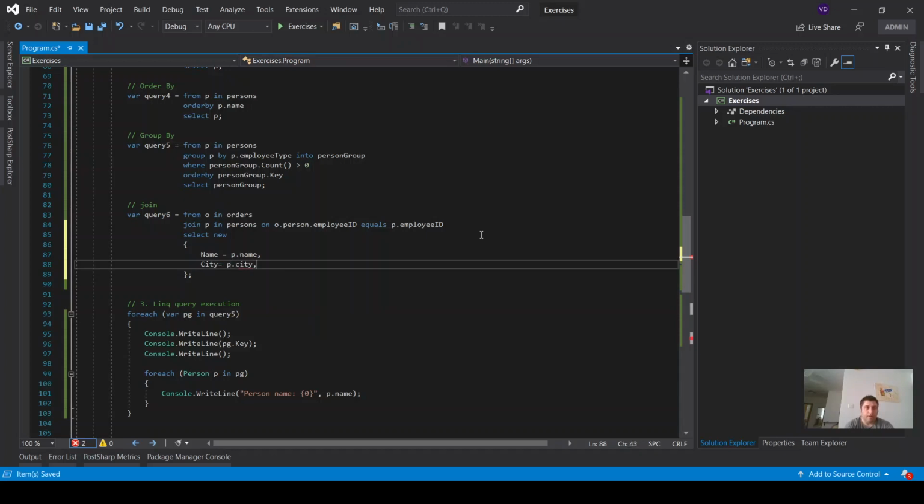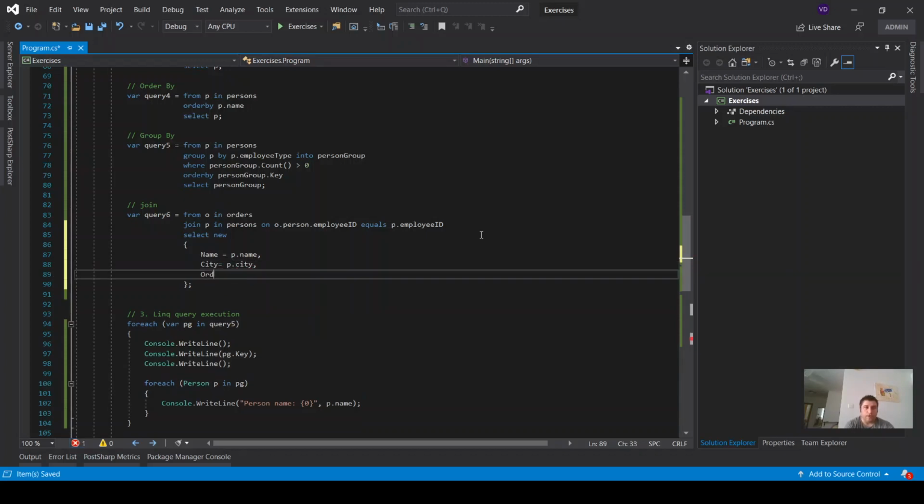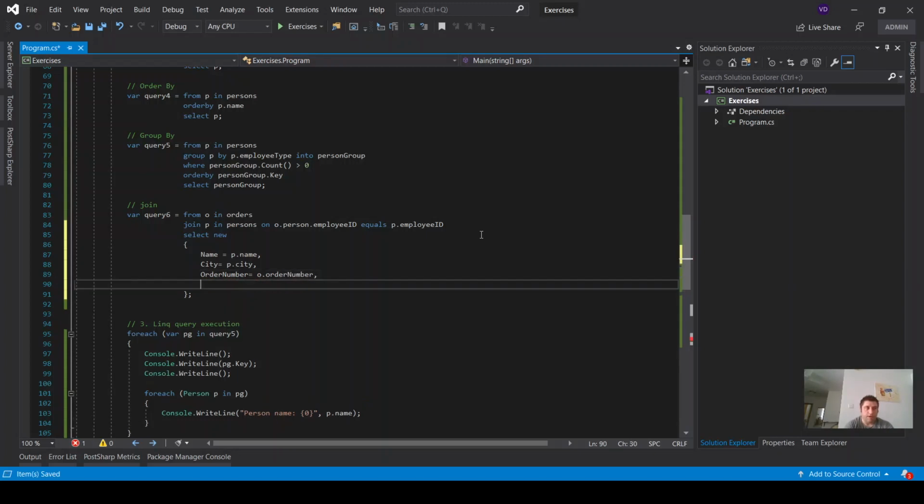And then on order number, I will assign O order number. You see how they come up in line. Order total, I will assign O total. Very handy and very neatly organized. I mean, Linq is just awesome to actually pull out data from any type of data